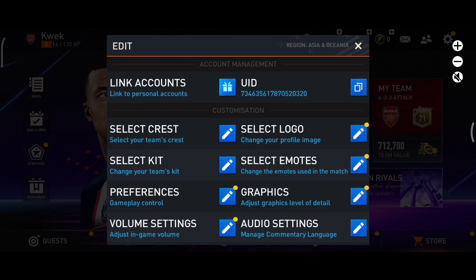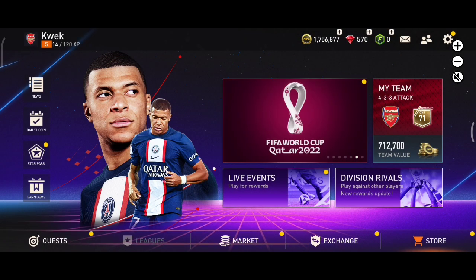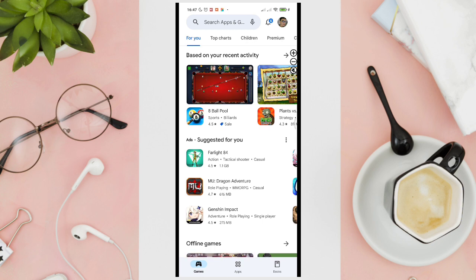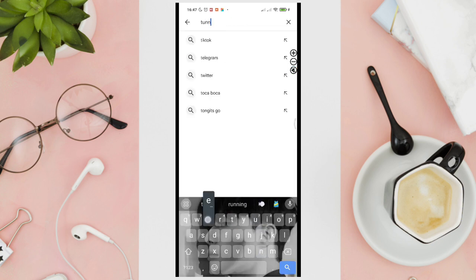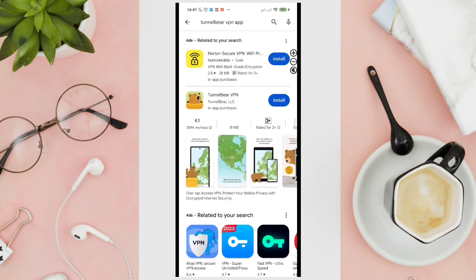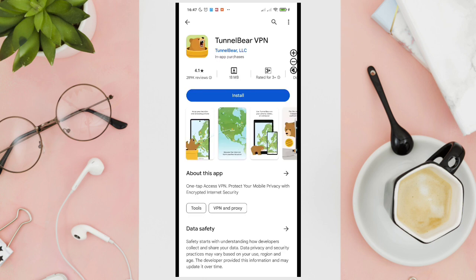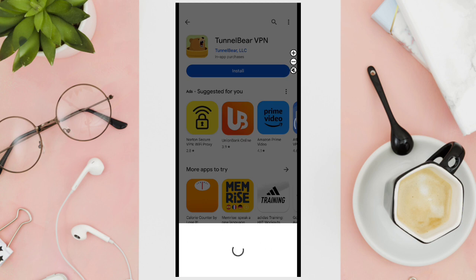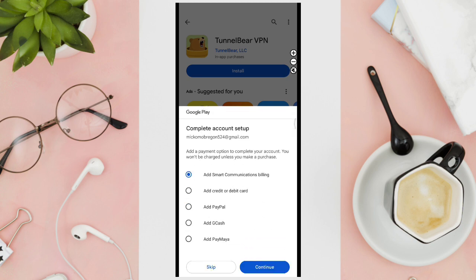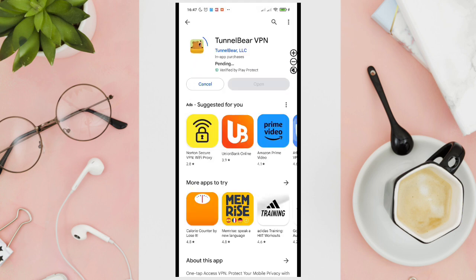So the solution is to exit the game first, and then go to our Play Store or App Store. Then we'll search for this application, the TunnelBear VPN. Okay, this one, and then install this application. You will just have to wait for a few seconds or a minute before the application is installed